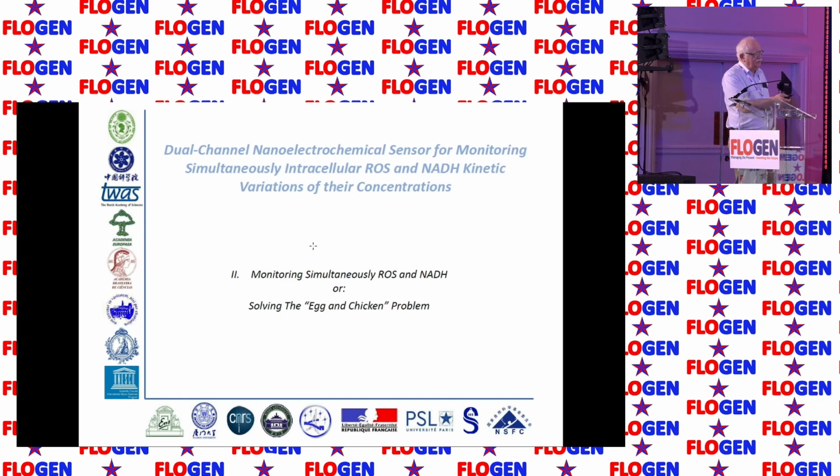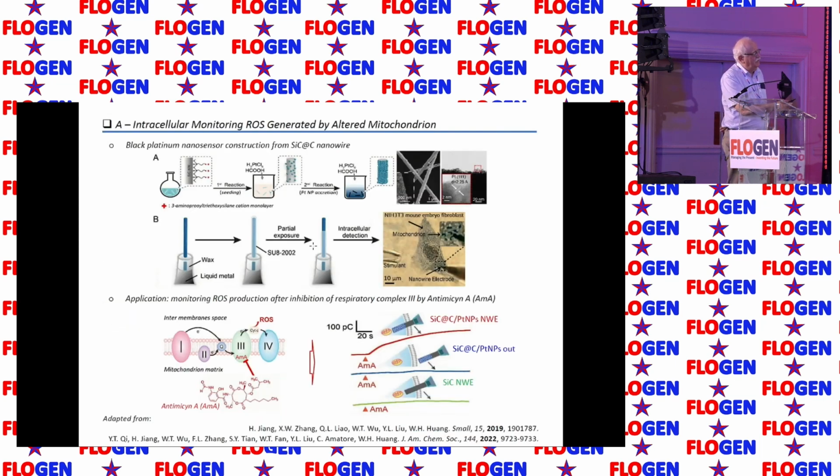So this is this way. Now we use the same electrodes as before, but we make them in order that we are able to detect what is needed. On the first series of cartoon, these are the electrodes that will detect the reactive oxygen species. So we need to have nanoparticles of platinum that are deposited on the silicon carbide